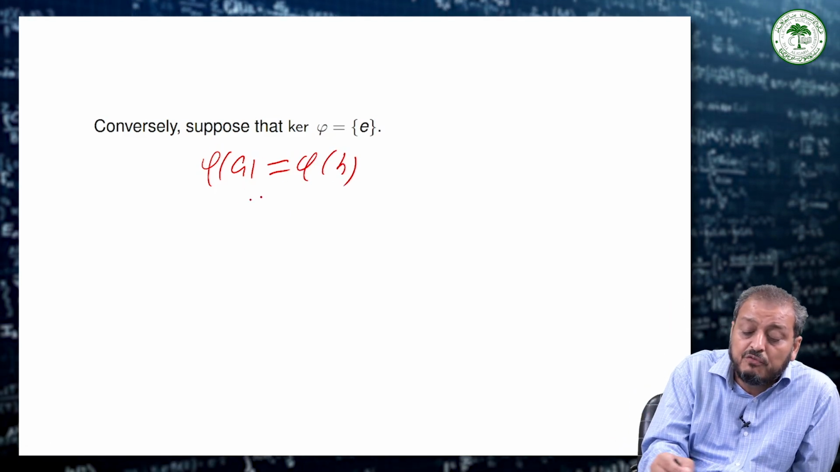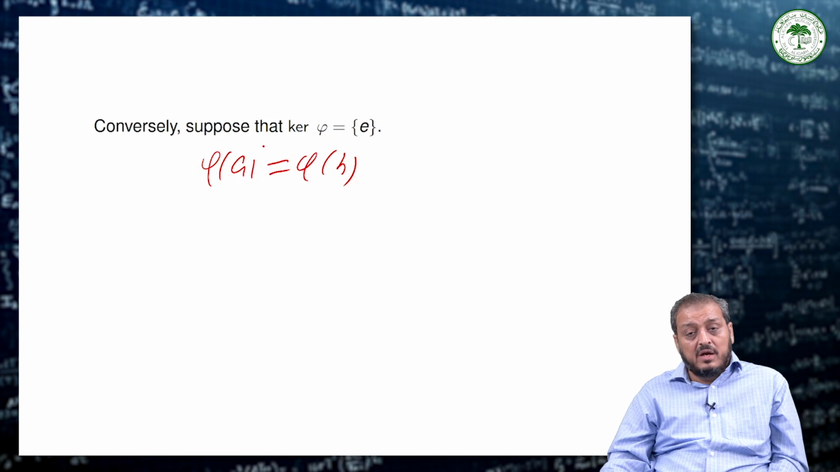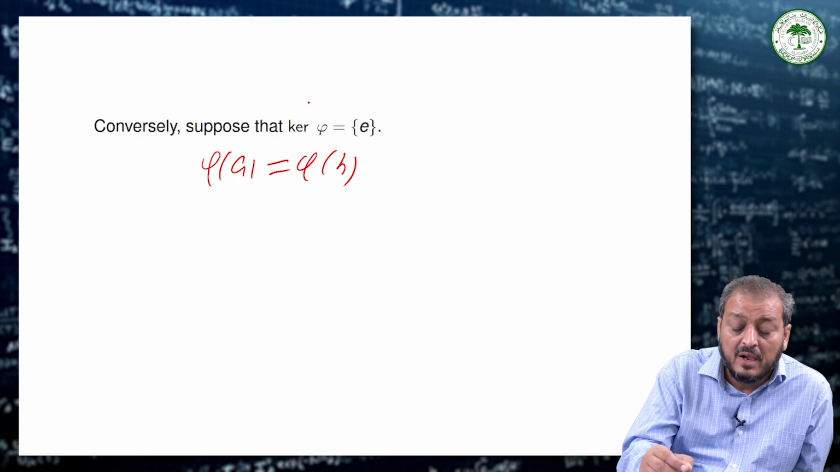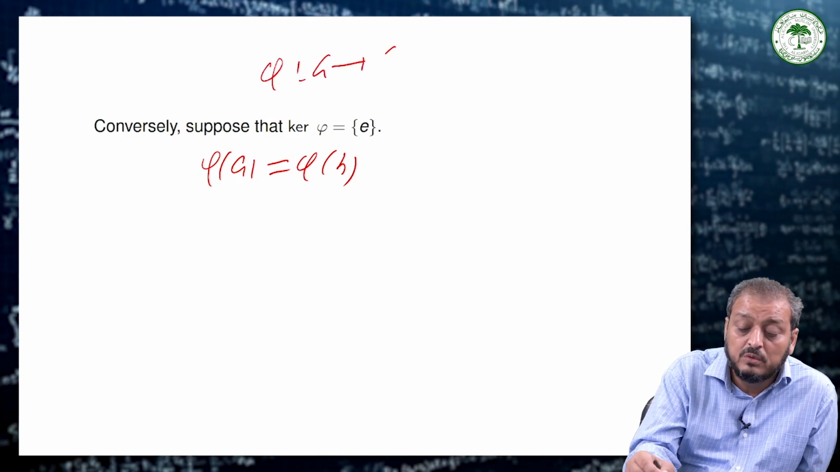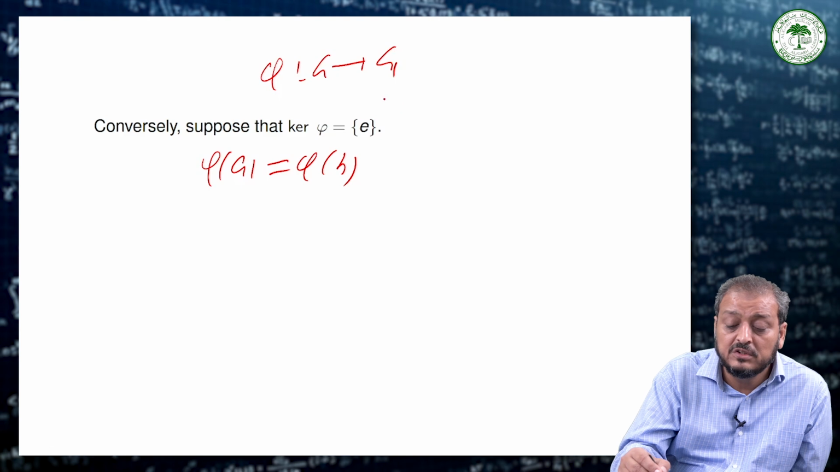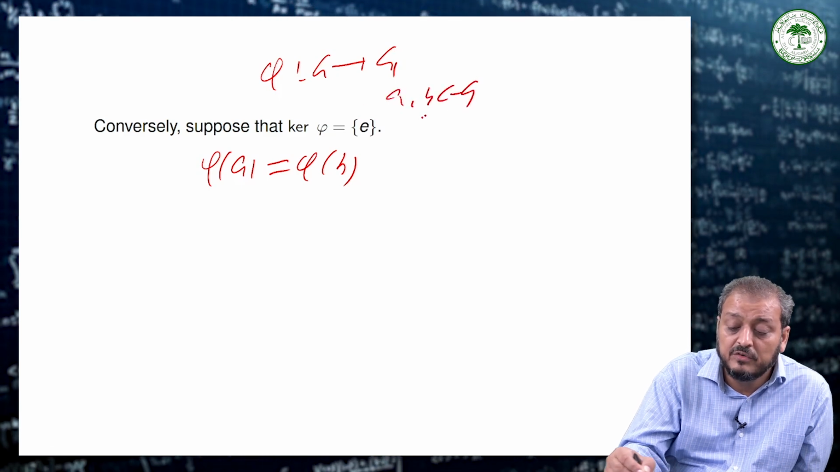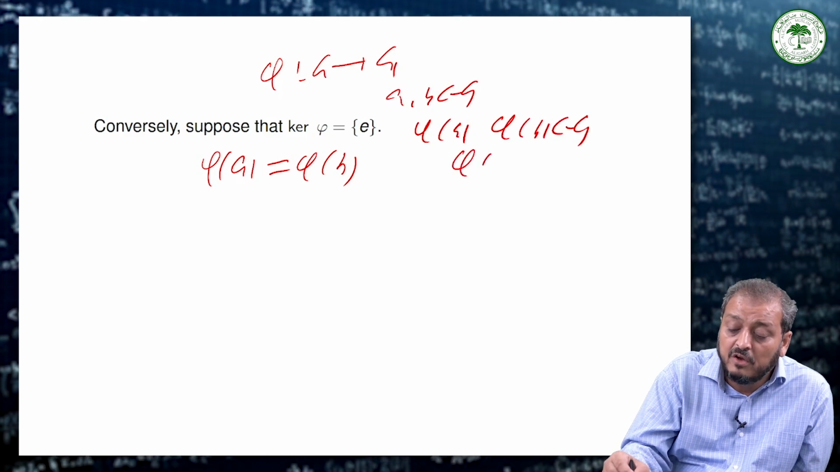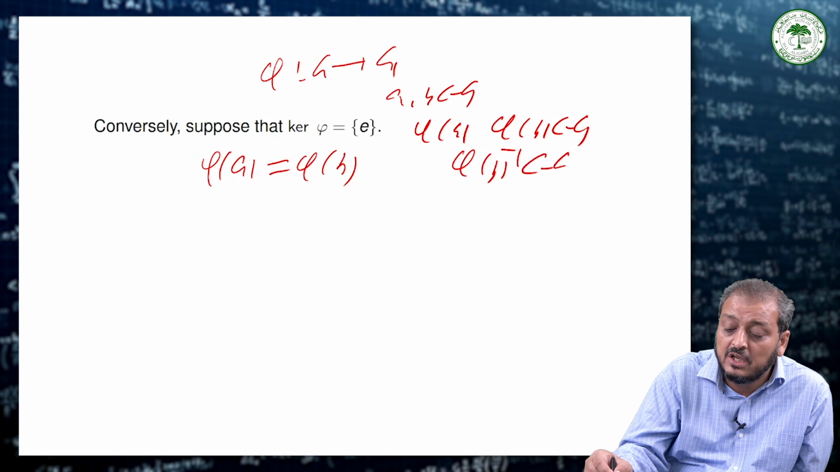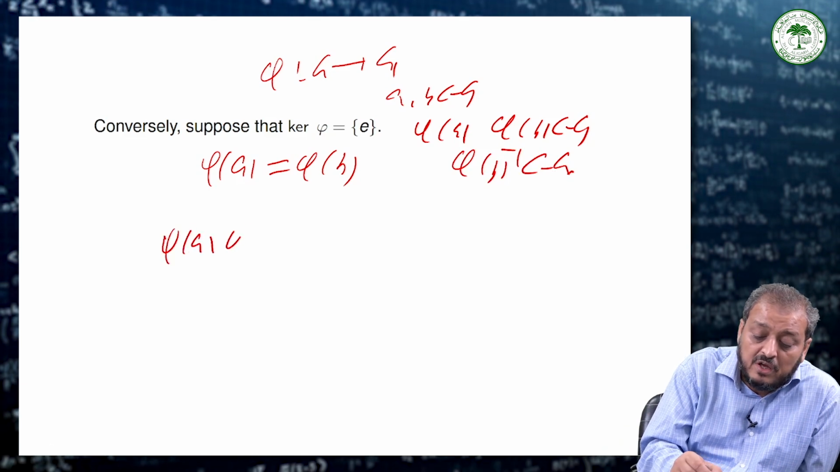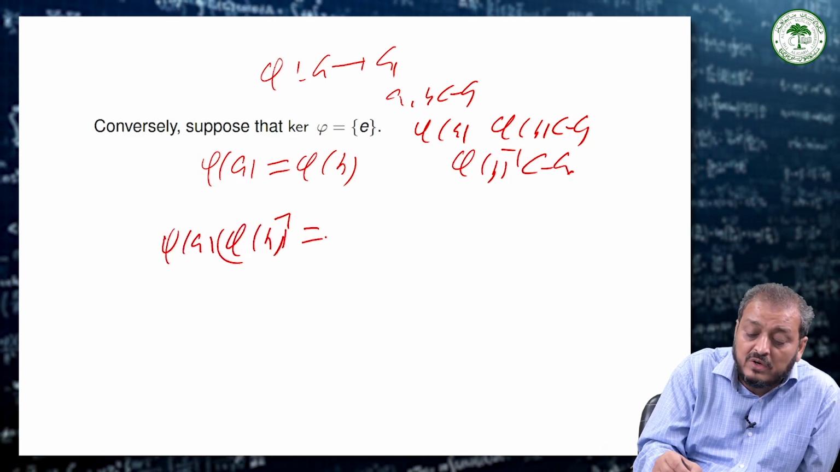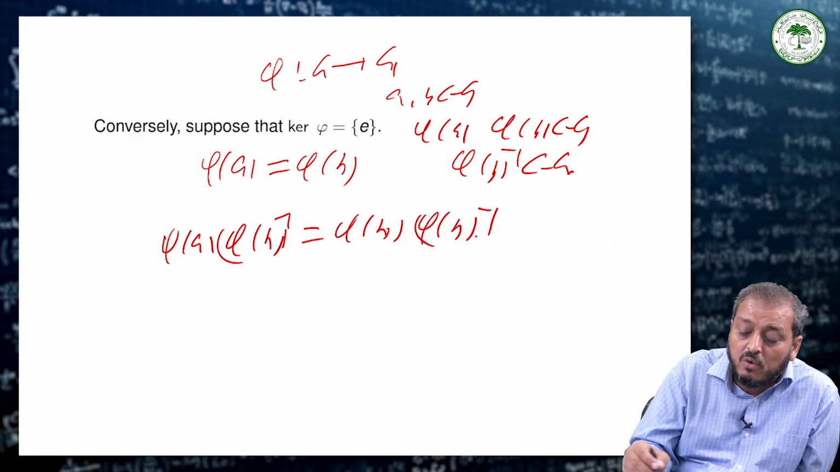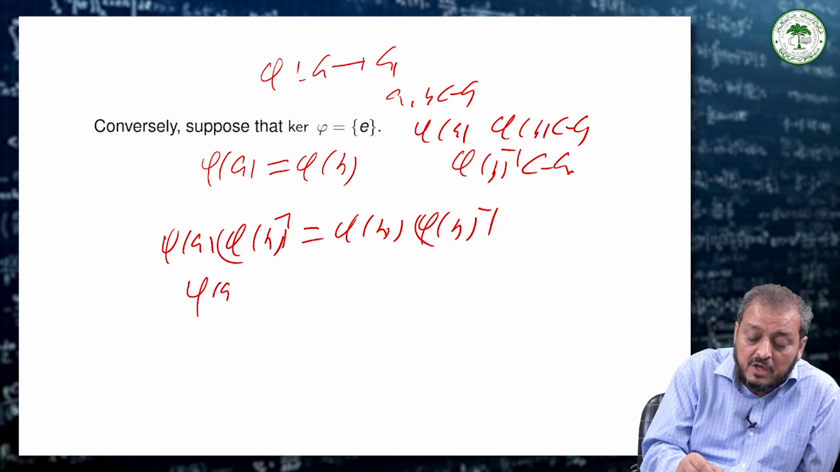If phi of A is equal to phi of B, then we have to show it in this form. Because phi from G to G1 is a homomorphism, if A and B are elements of G, then phi of A and phi of B are elements of G1, and phi of B inverse is also an element of G1. So we can say that phi of A times phi of B inverse is equal to phi of B times phi of B inverse,